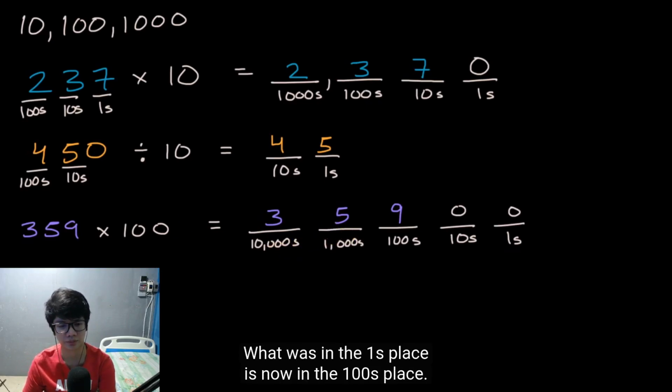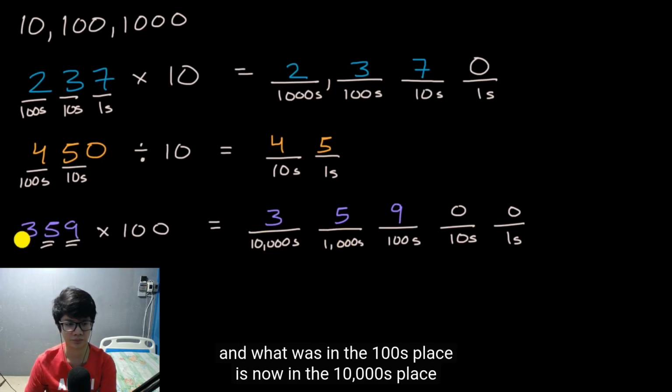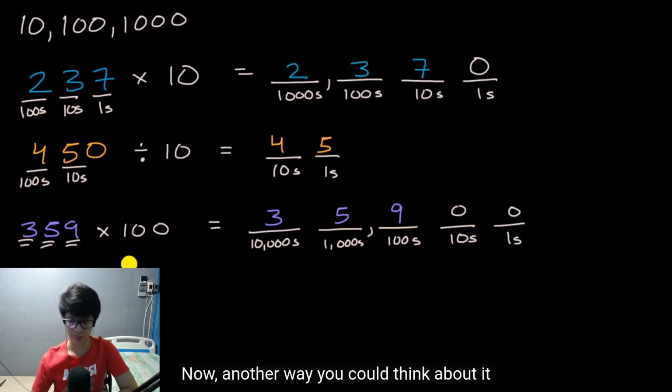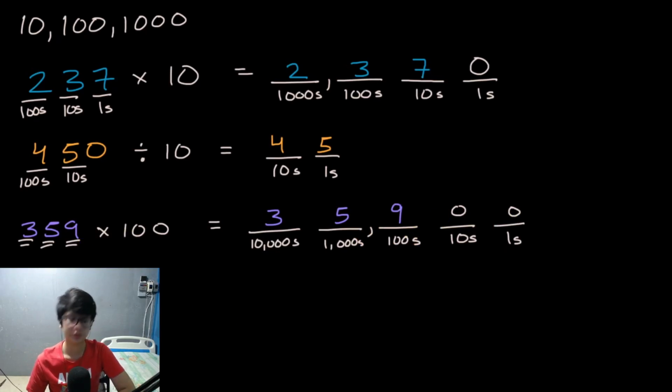What was in the ones place is now in the hundreds place. What was in the tens place is now in the thousands place. And what was in the hundreds place is now in the 10,000s place. And so this product is 35,900. Now another way you could think about it is, this is the same thing as 359 times 10 times